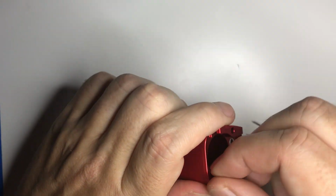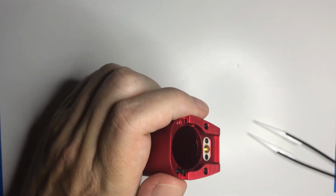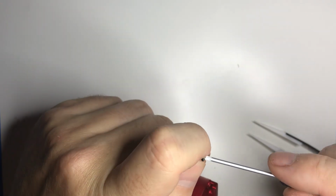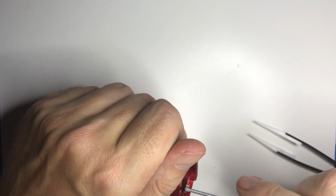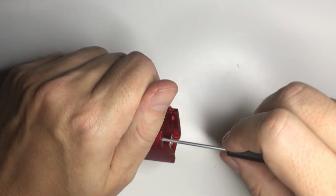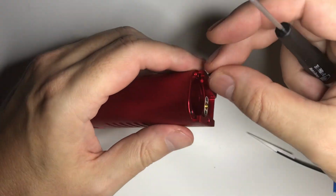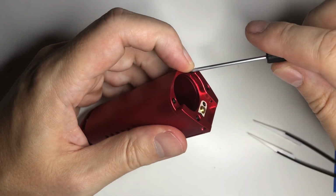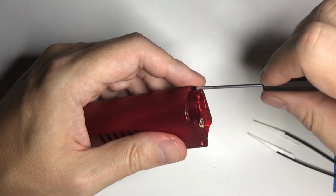I wish they would have stuck with one type, like Torx or Phillips. And I think the reason they didn't is because they wanted to stick with common sizes and parts that you can get. And I will say I appreciate that more than trying to be consistent on the screw type, but